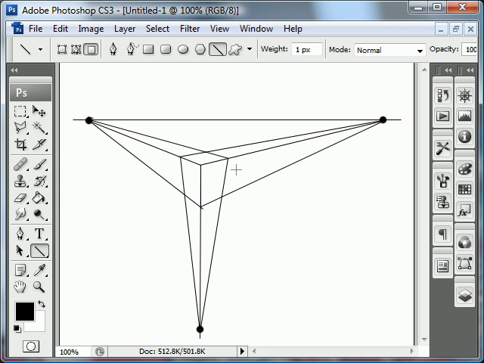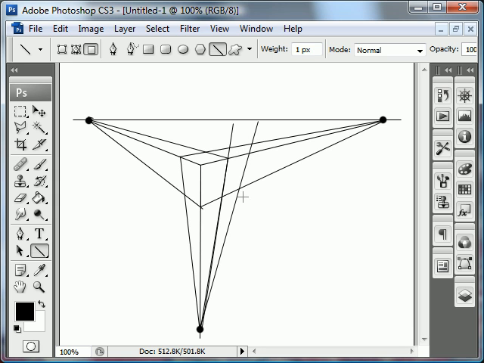So if I'm going to draw a box to the right hand side of this box, and I'm going to make it taller than this box, I need to start out by drawing one edge. I'm going to draw the vertical edge of that box. Okay, so I have to pull a line from my lower vanishing point. Okay, and I'm going to make it taller, so I'm going to bring it up higher. Now the other side of that box will also be defined by another line coming from that third vanishing point,